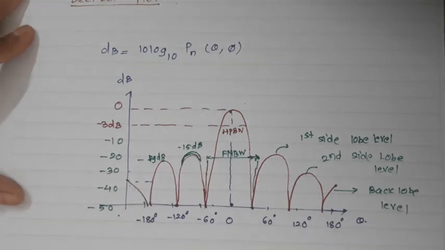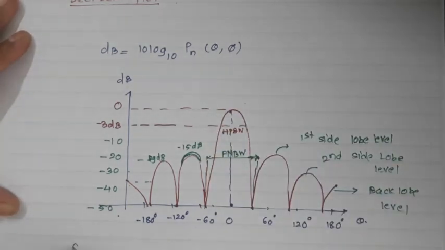So this is all about the plots we have seen till now. The maximum power, or the maxima of the normalized value, is 1. So when I talk about the maximum power in dB, this ratio will be 1, and that's why the output will be 0. So the major lobe has a peak value of 0 dB.